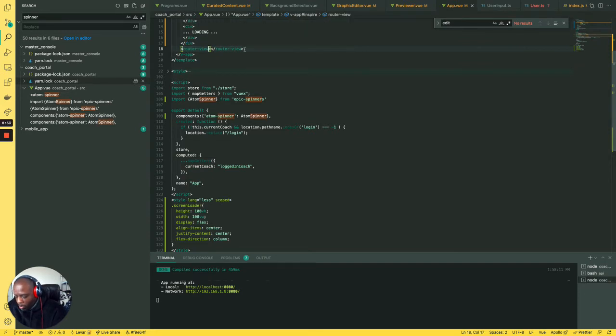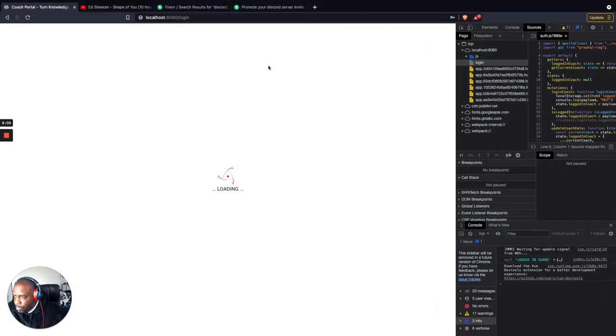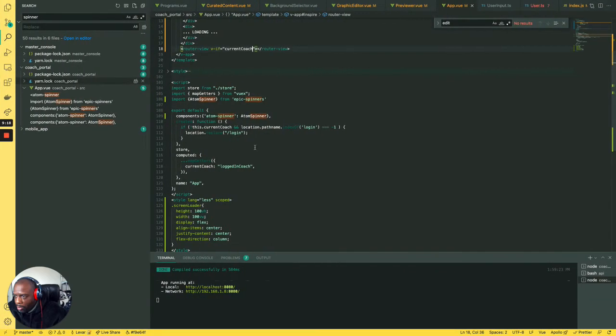So what we could do here then would be add v-if current coach. Okay. And you can see now we don't actually have anything, because that basically means that we are not in fact logged in, which makes sense because I'm on the login screen. Okay. Now the other thing that we could do would be,